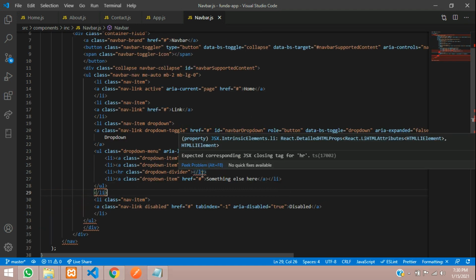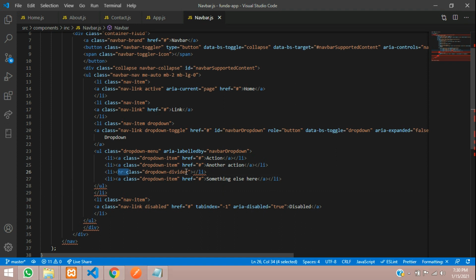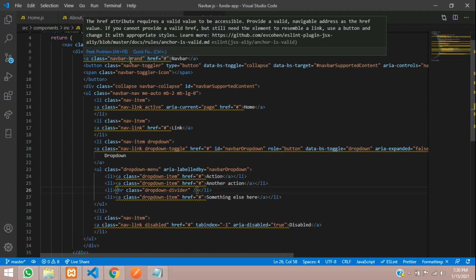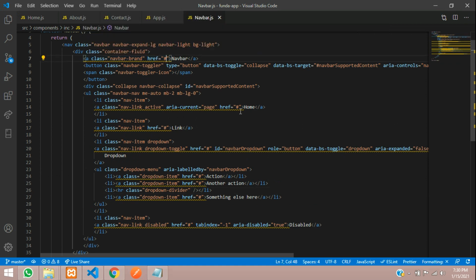So as you can see, this HR tag is shown over here. So HR is over here, and now let us end this with the slash. Okay, so you have to give a slash, done. So the second error is about, okay, let me just think, it's not a valid URL. So let's just remove this and give one slash with that, and just ignore whatever is there. You can just change it, as simple as that.